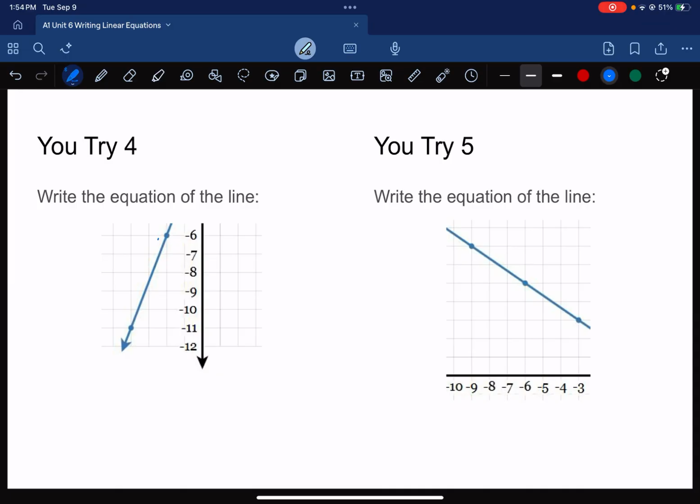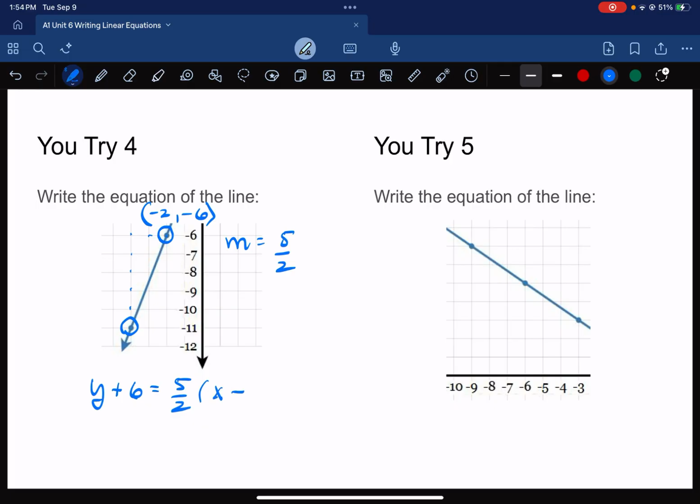All right, so on this one here, again, no y-intercept, but I got a couple good points. So leftmost to rightmost, I'm going to go up 1, 2, 3, 4, 5, and over 1, 2. So my slope is 5 over 2. And then I'm going to use this point up here, and the x-coordinate is -2, and the y-coordinate is -6. So my equation is y minus -6 equals